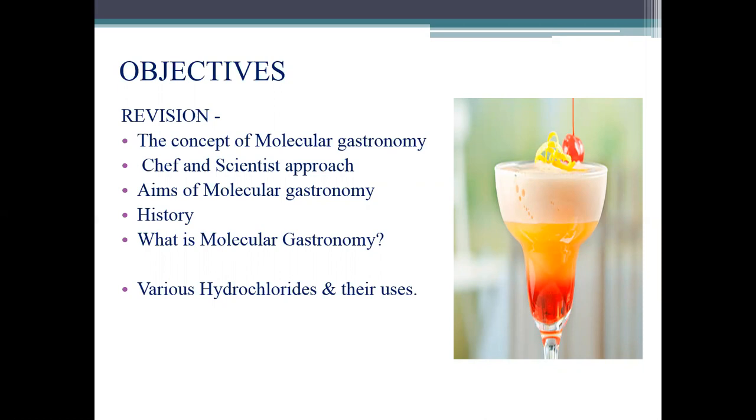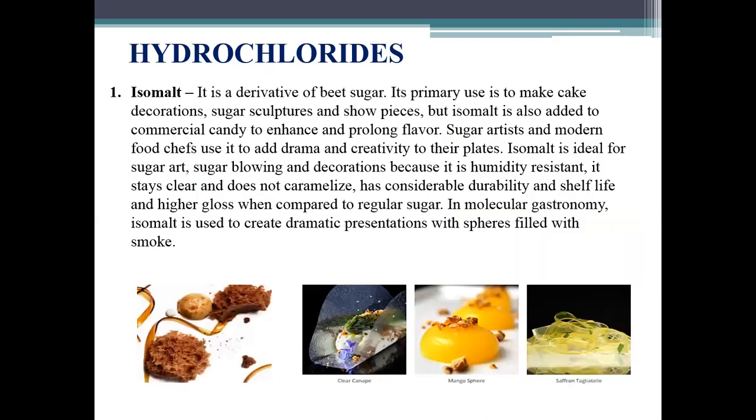food. So let's begin with the first hydrocolloid, which is called isomalt. It is derived from beet sugar. It's primarily used to make cake decoration, sugar sculpture, and showpieces from sugars. Isomalt is also added to commercial candies to enhance and prolong the flavor. Sugar artists and modern food chefs use it to add drama and creativity to their palettes, or in their